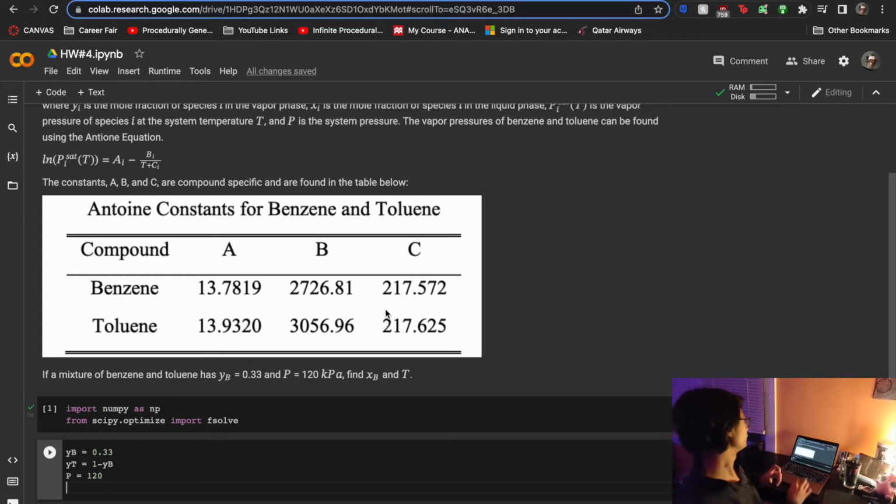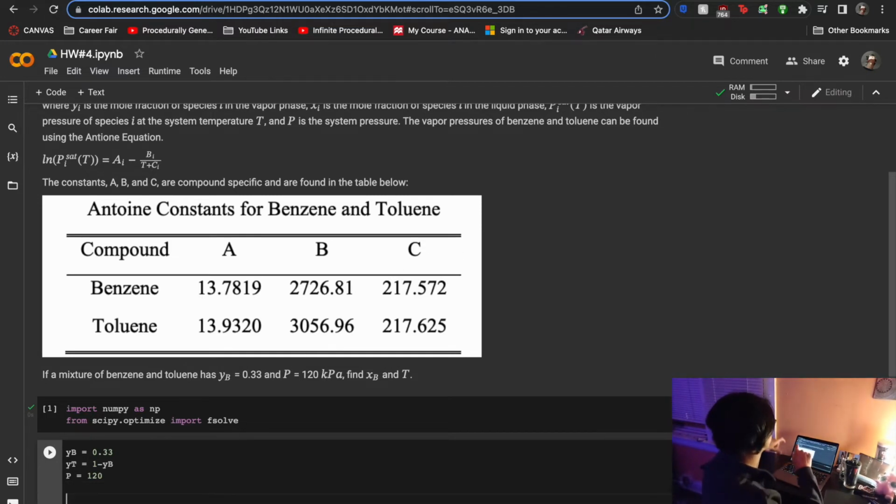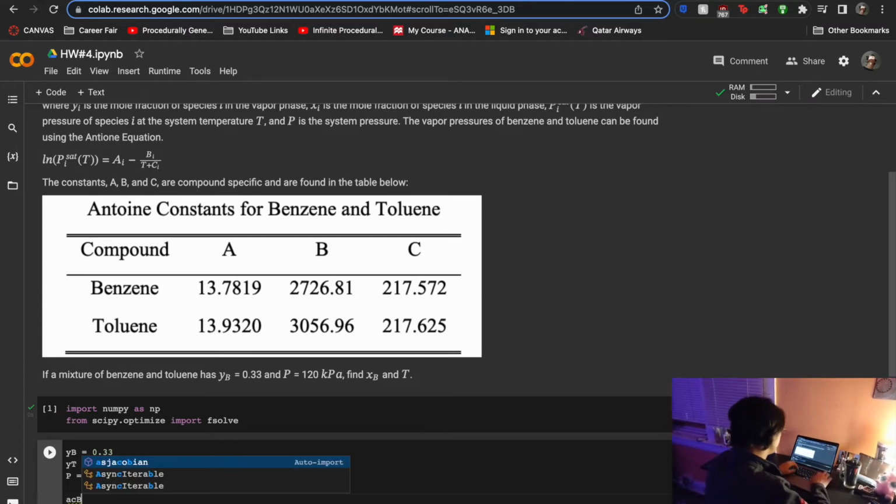I'm also going to store all of these Antoine constants for benzene and toluene because we will be needing them later on. So I'm going to save both of these as two different arrays. One array will have all A, B, and C values for benzene, and the other one will have the same values for toluene. So let's call the first one ACB, for Antoine constants of benzene, and I'll save that as this: